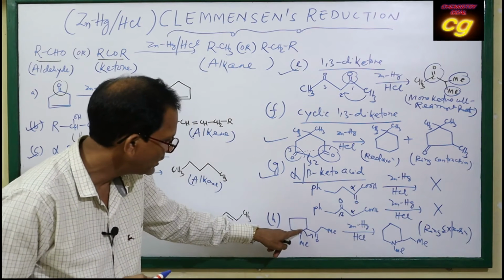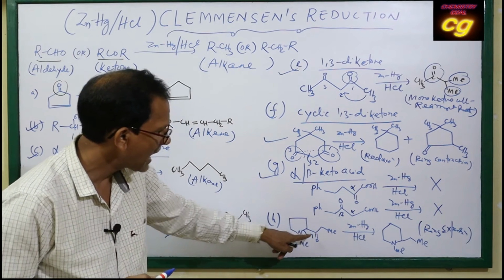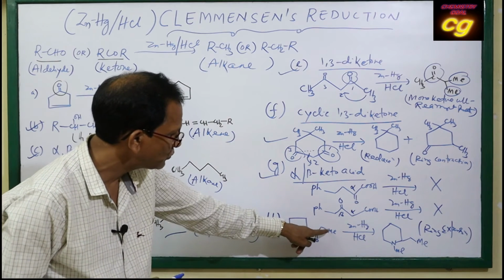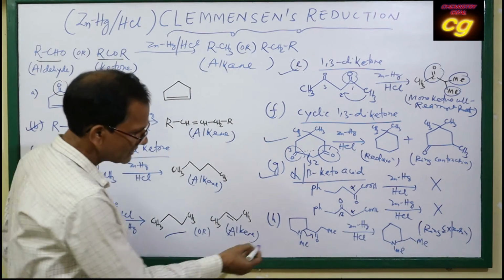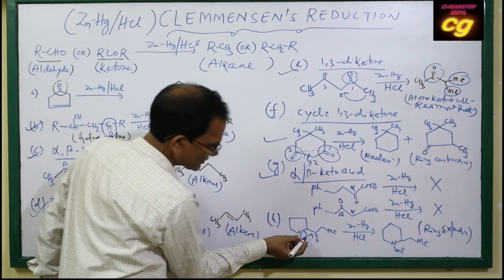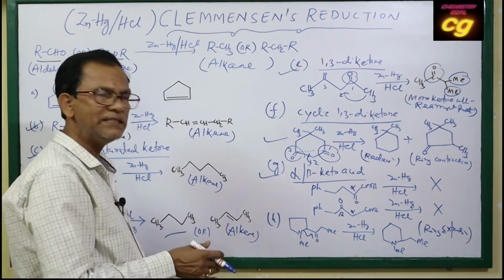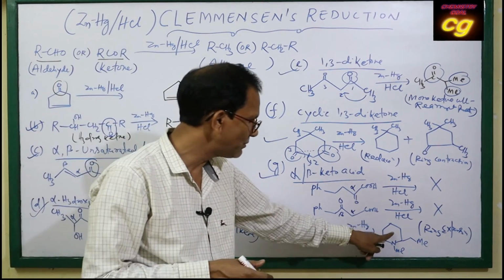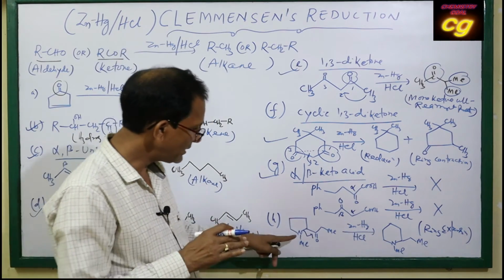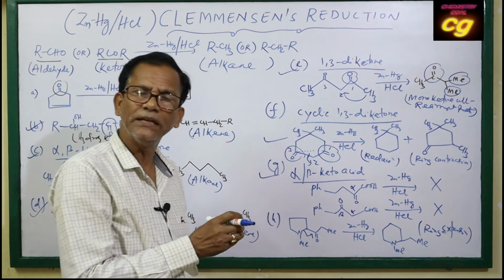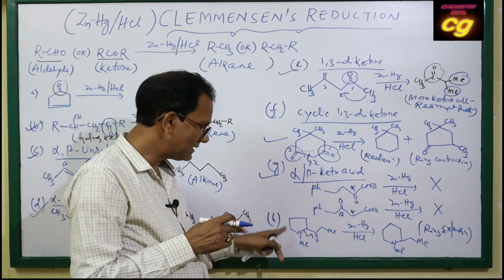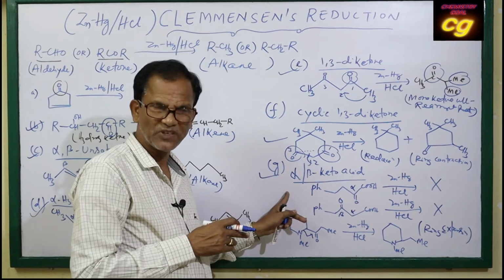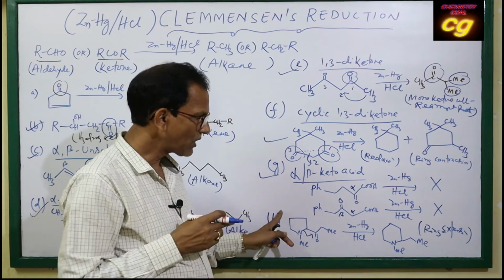N-methyl is there. Only ring expansion takes place. And this 1, 2, 3 become 1, 2. Okay, and this expansion takes place. With this expansion, ring size increases, 5-membered becomes 6-membered. You have to remember, when any heterocyclic compound like nitrogen, oxygen is there, it undergoes ring expansion, forming a higher